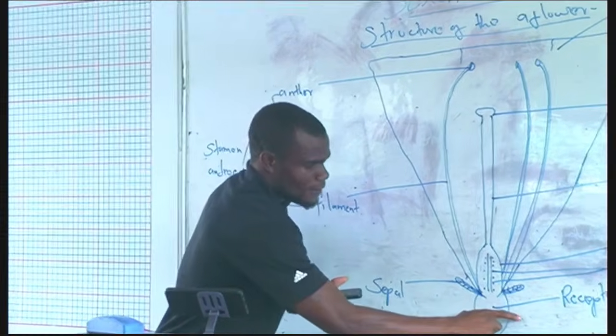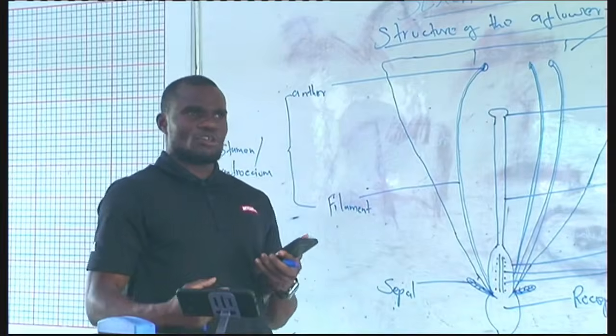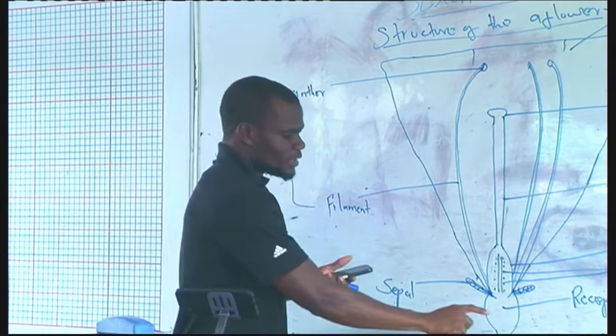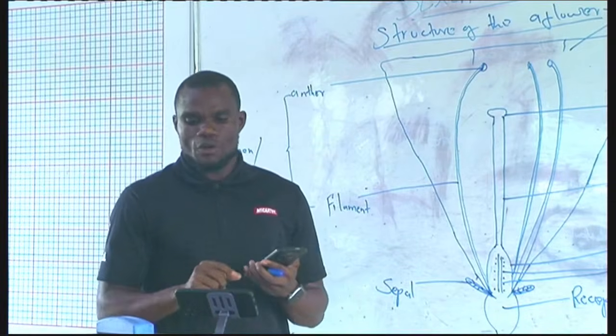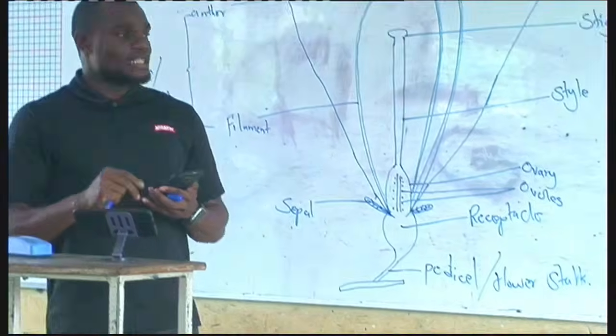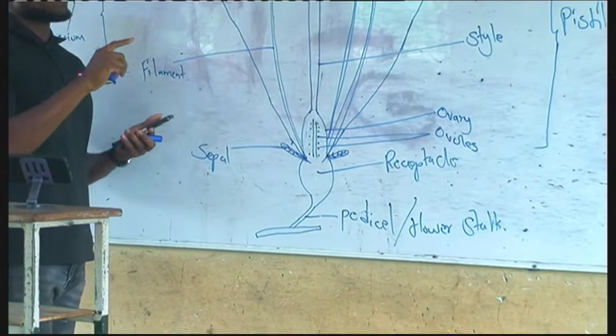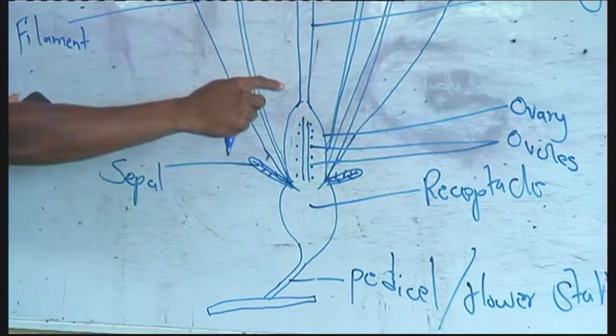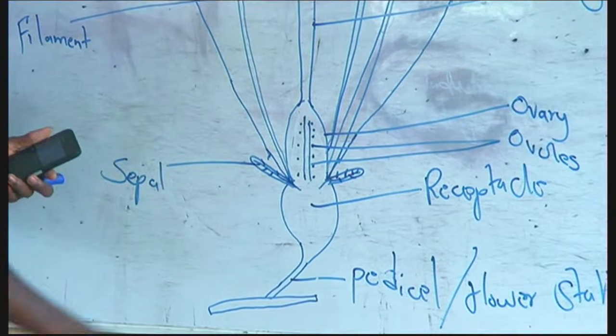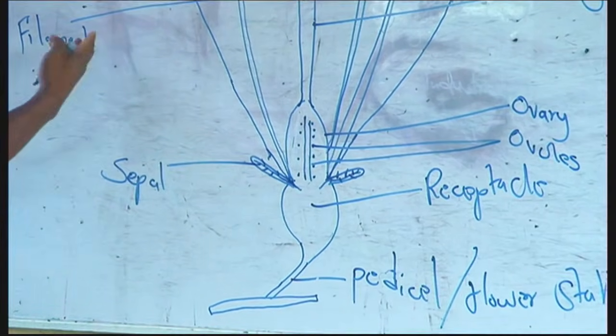Yes. So we have the receptacle. What is the function of the receptacle? The receptacle is that swollen part found at the apex of the pedicel, and it is the point of attachment of other floral parts like the ovary, style, filament,